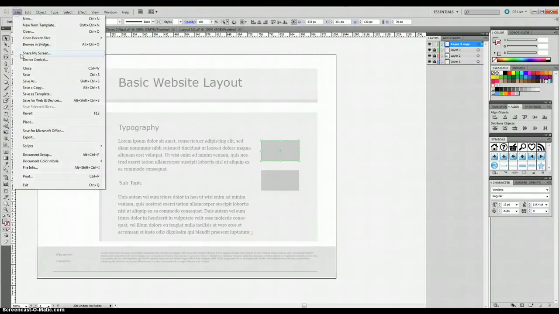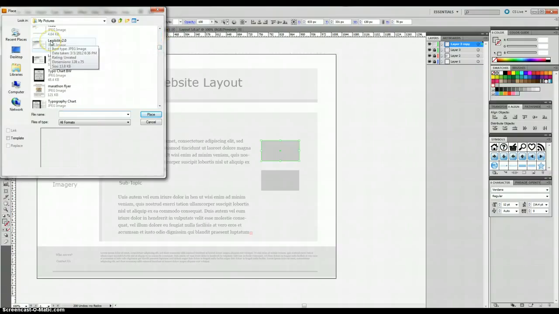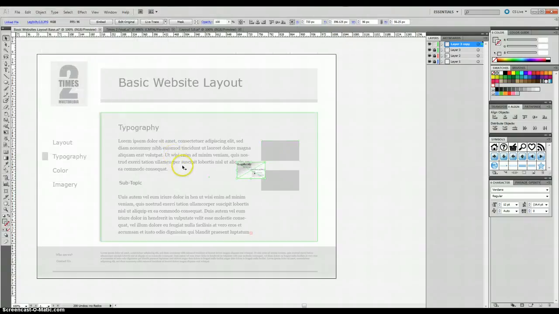We can do this by going to place, going to the folder where our images are kept, and then placing it here on the screen. We need to just increase that just a little bit. So we're going to do that by going here,